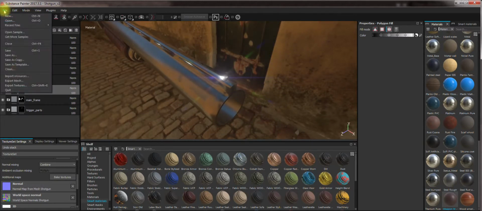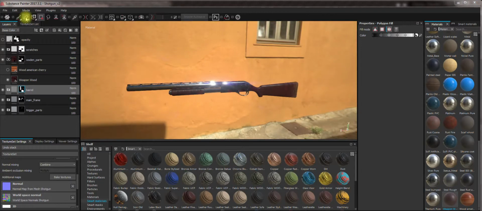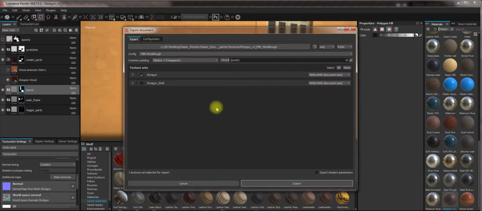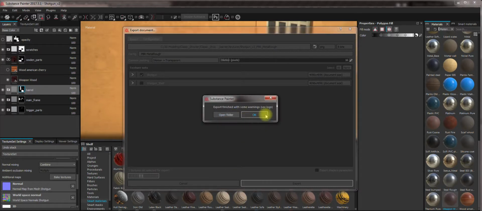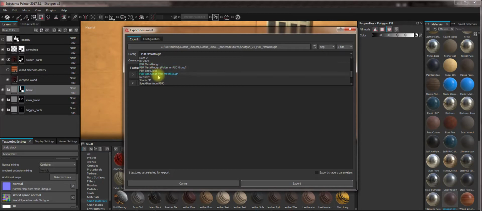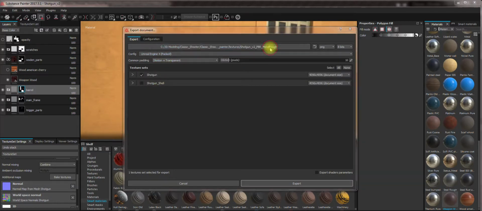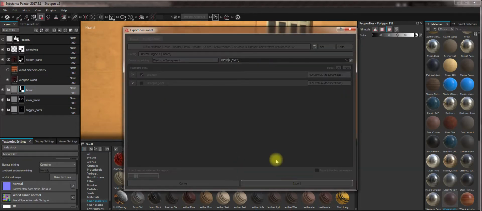So first of all, we will save, export our textures, one set for Blender, another set for Unreal Engine, and in Blender